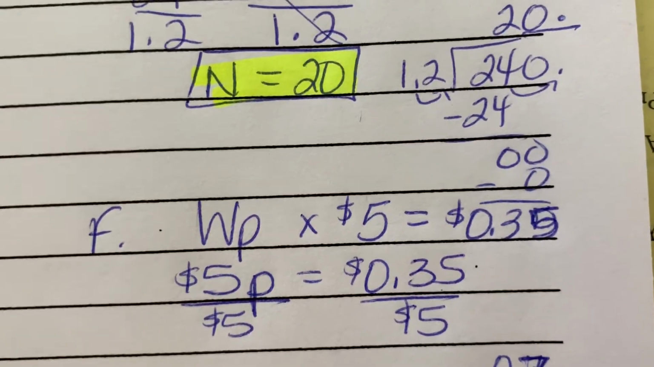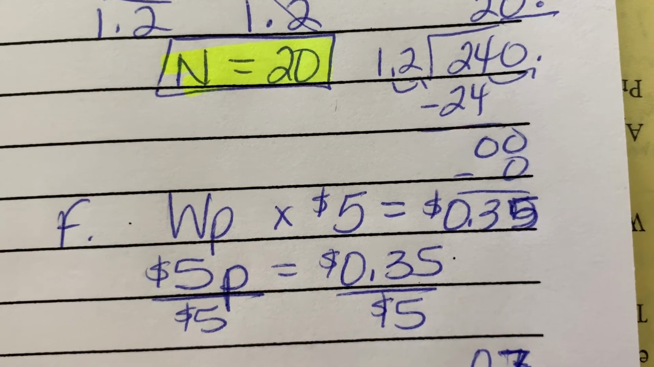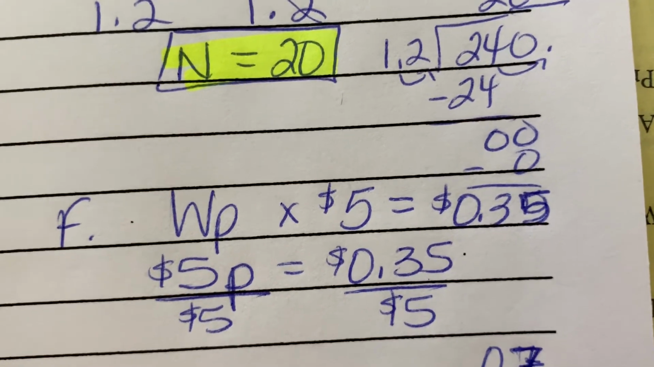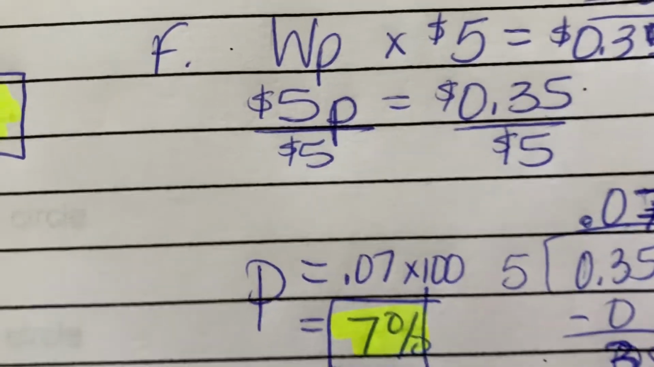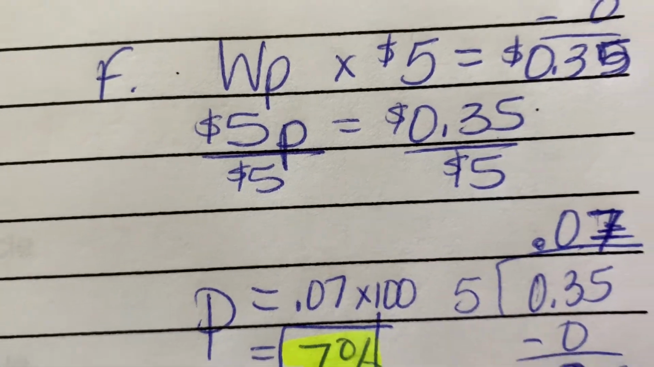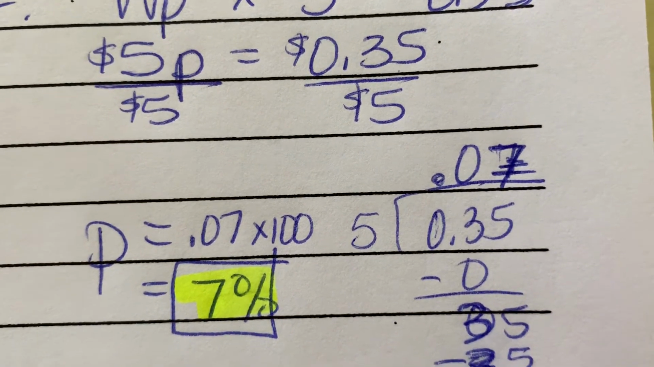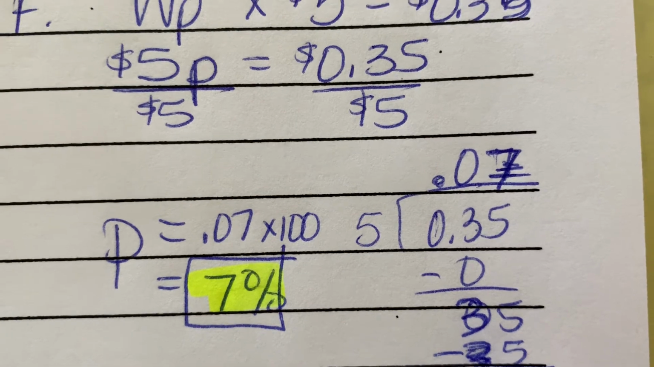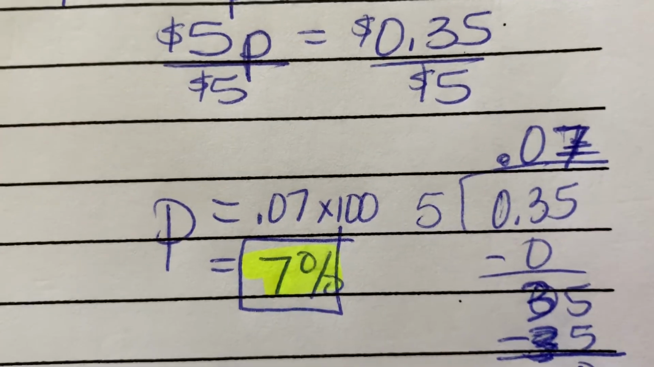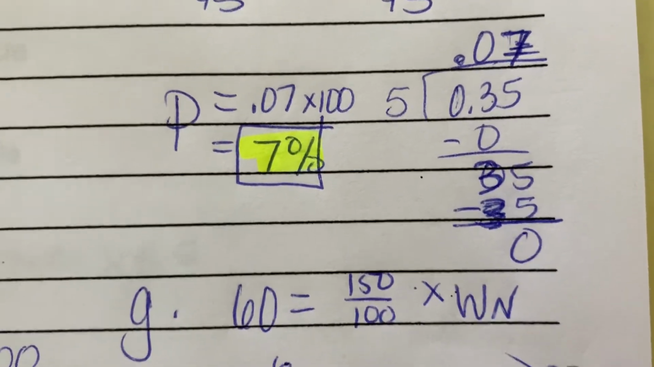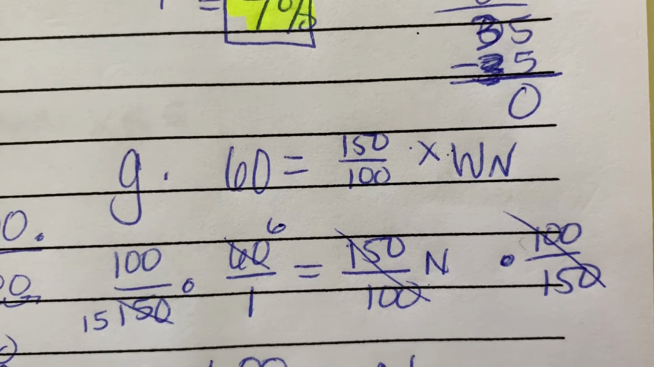What percent of $5 is 35 cents? So 5p equals 0.35. Divide by 5 on both sides. You will end up with 0.35 divided by 5 is 0.07, and then you have to multiply by 100 to turn it to a percent. Okay. All right,